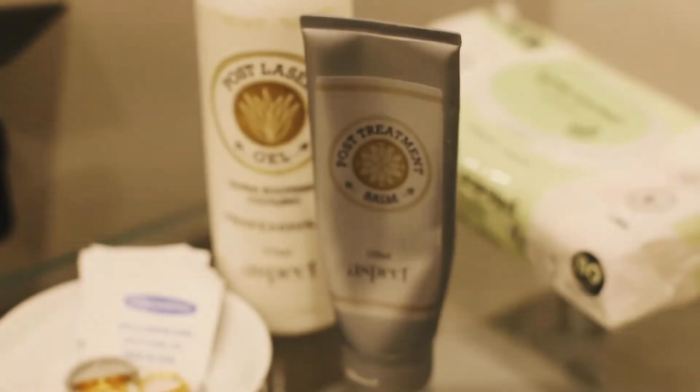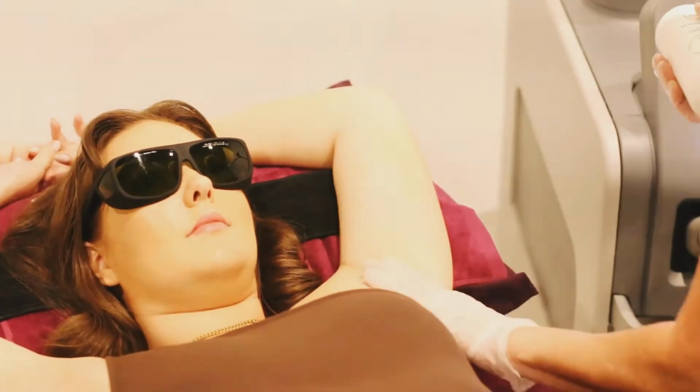Okay, so I've popped the post-laser gel on your area, and that is cooling because it has anti-inflammatory ingredients in there. What you need to do when you get home, if it feels hot or sensitive, pop a cold pack on there and just keep applying that post-laser gel 3 times a day for the next 3 days. You need to start exfoliating in about a week's time, and you need to do that twice a week, and that's going to help cell turnover and the hairs that we've treated to be purged. And then if the area is going to be exposed to sun, then we would require you to use a 50+ sunscreen and try and avoid direct exposure for approximately 2